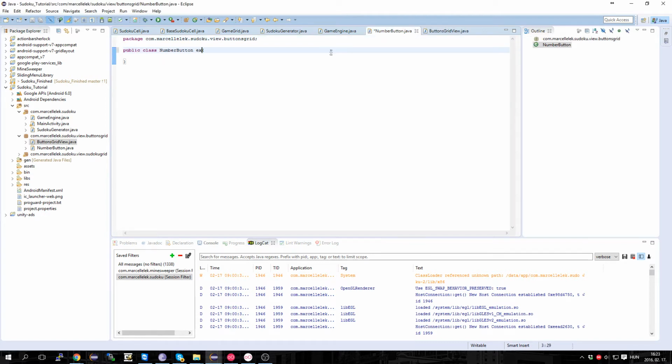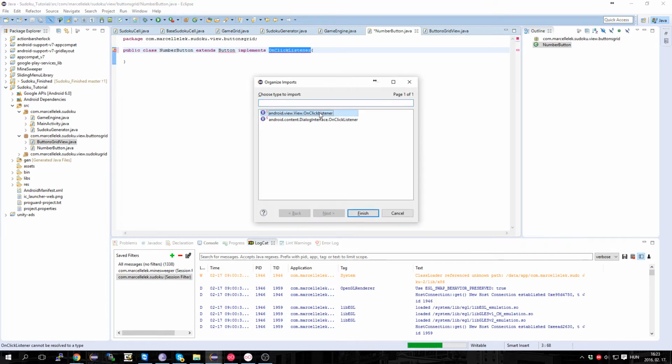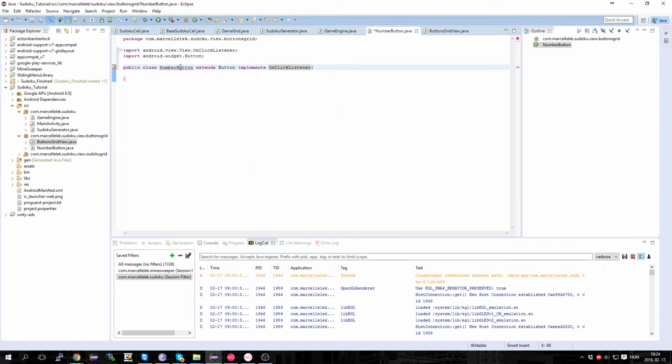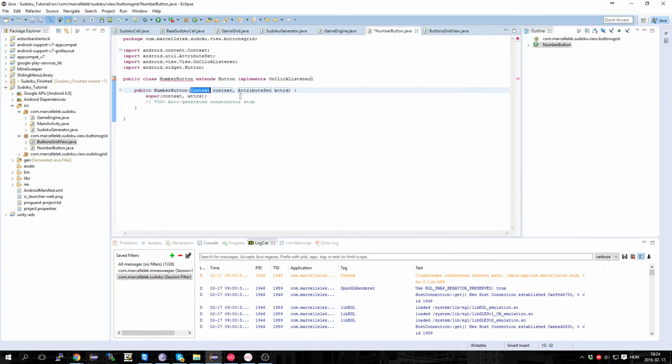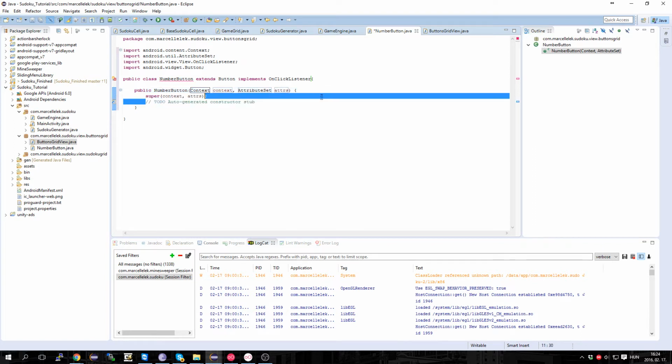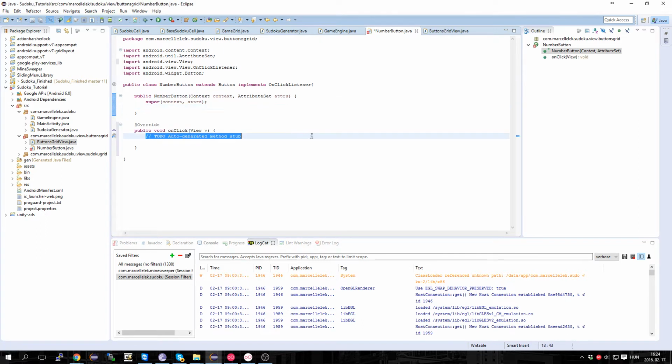It extends a button and implements an on-click listener. Import everything, import the view.onClick listener, and we need a second with an attribute set, because this way we can just simply, no, we don't really need, but it's good enough. So what we have to implement, the onClick method,